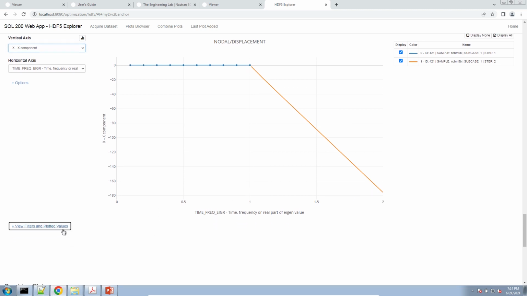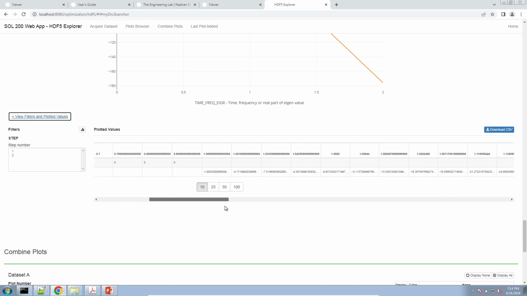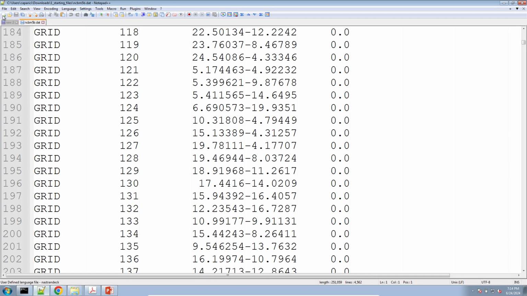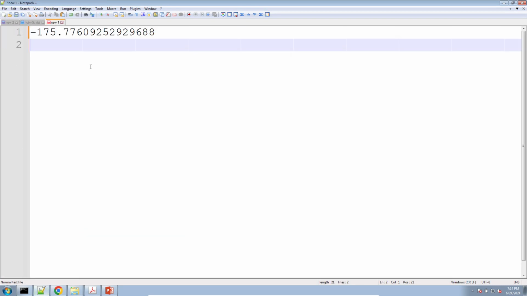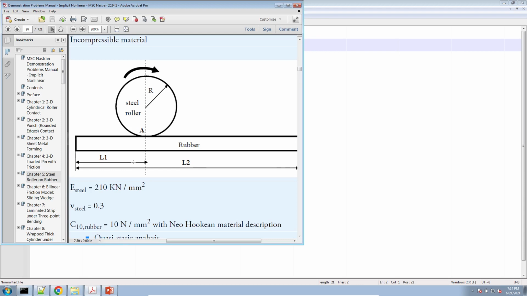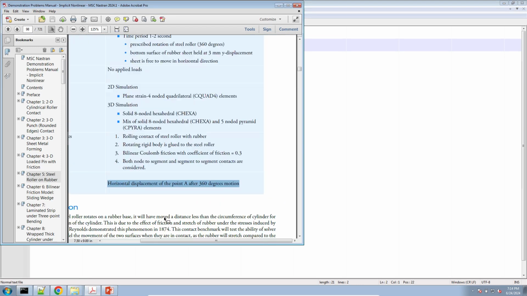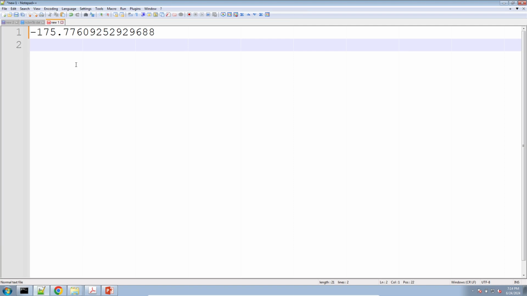Or what I can do is this. I can actually go here and just copy that value. So let's go ahead and copy it. And so that's the answer to that question that we were asked a moment ago. When they said this part, they wanted to know the horizontal displacement of point A after 360 degrees of rotation of the roller. The answer is this, negative